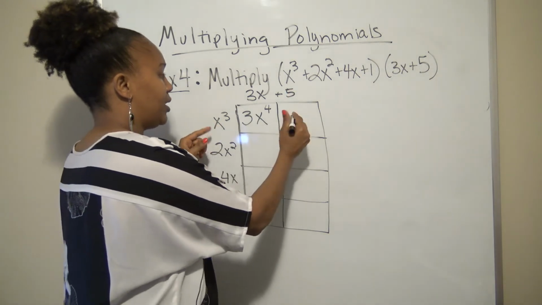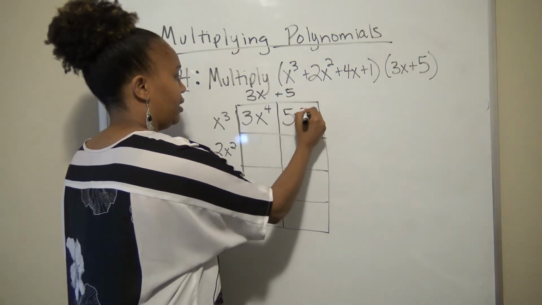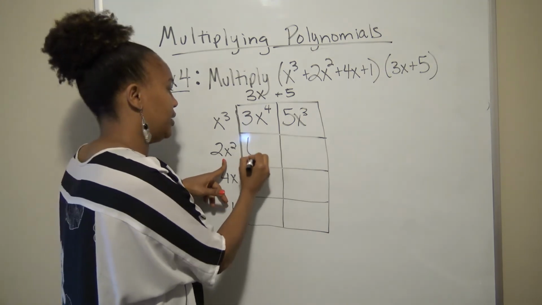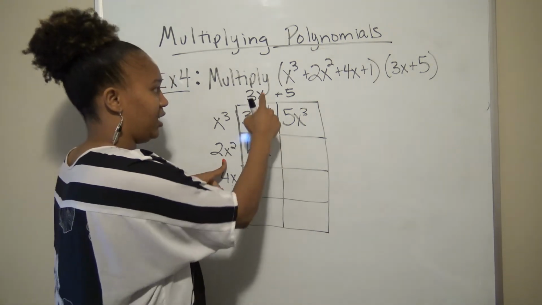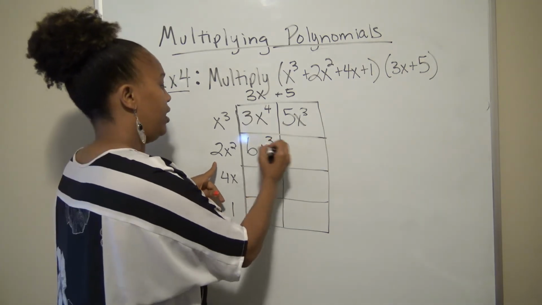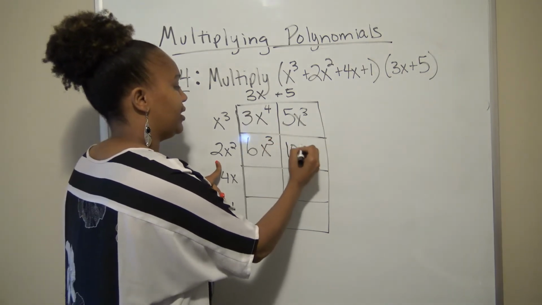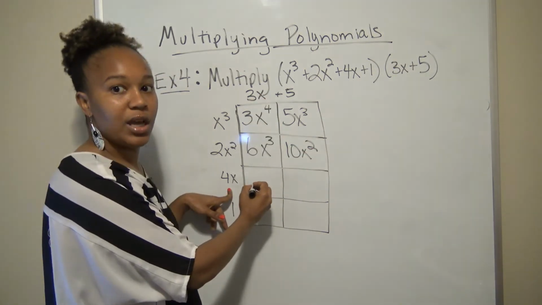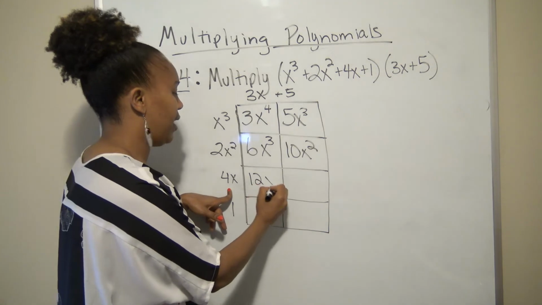Here, 5 times x to the third is just 5x to the third. Here, 3x times 2x squared, so 3 times 2 is 6. Combine the exponents on the variable, 2 plus 1, that'll become 3. Here, 5 times 2x squared is 10x squared. 4x times 3x, 4 times 3 is 12, and then combine the variables